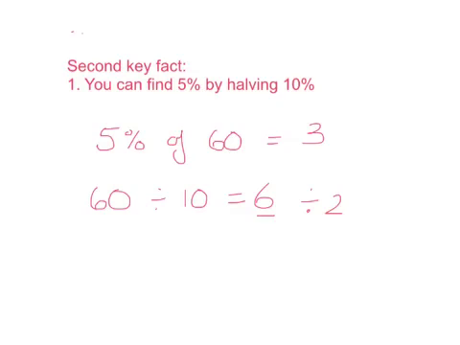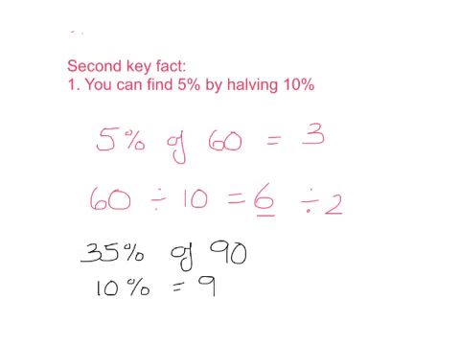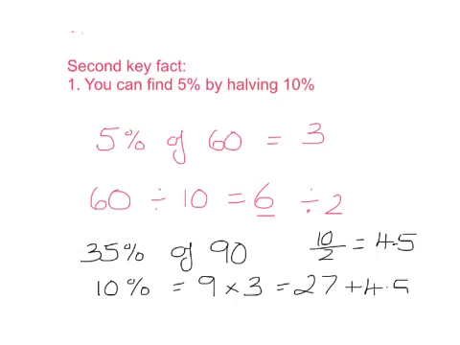This way of working comes in very handy if I need to find 35% of a number. So if I was trying to find 35% of 90, I could start by finding 10%, which would be 9. I could multiply that by 3 to give me 30%, which will be 27. I can go back to my 10%, I can halve it to give me 5%, which will be 4.5. And once I've got my 4.5, I can add that onto my 27 to give me 35% of 90 as